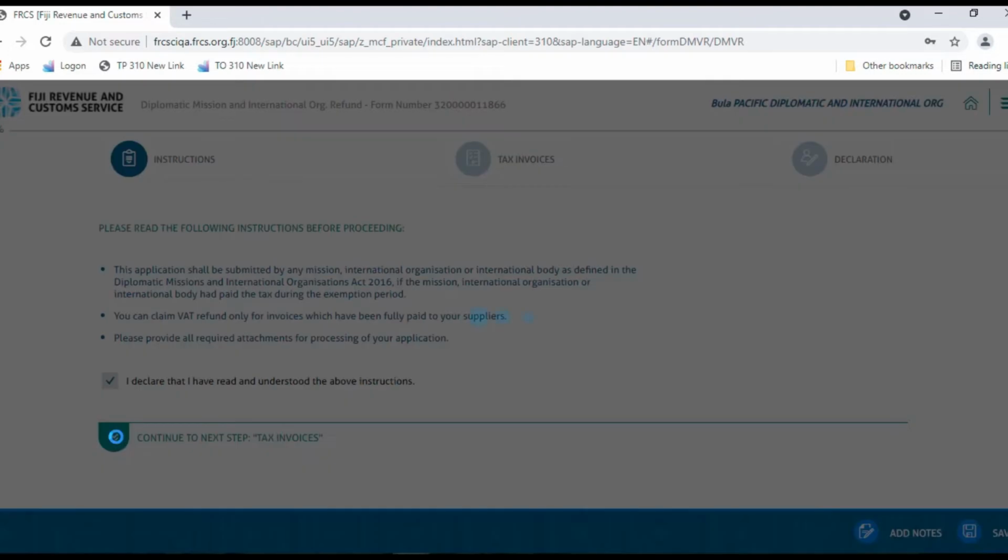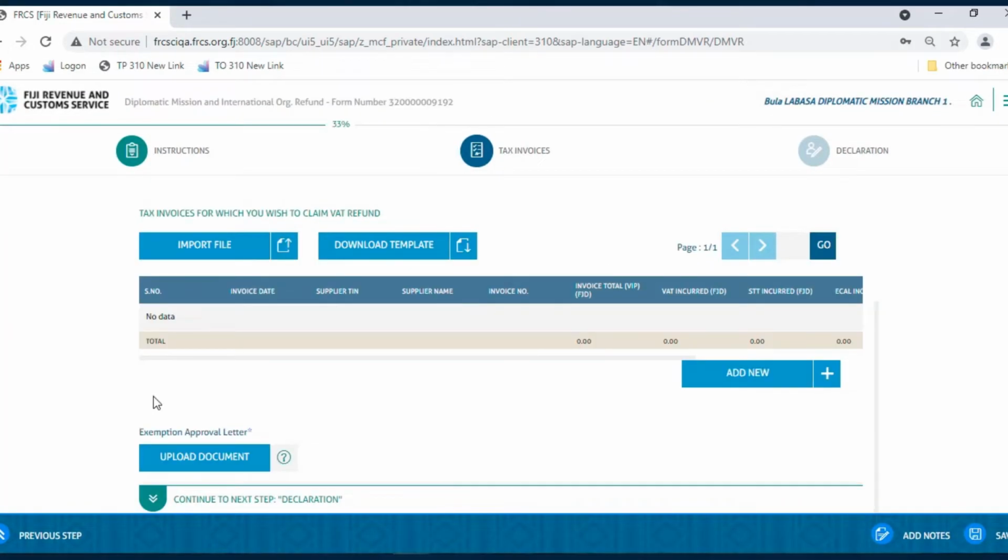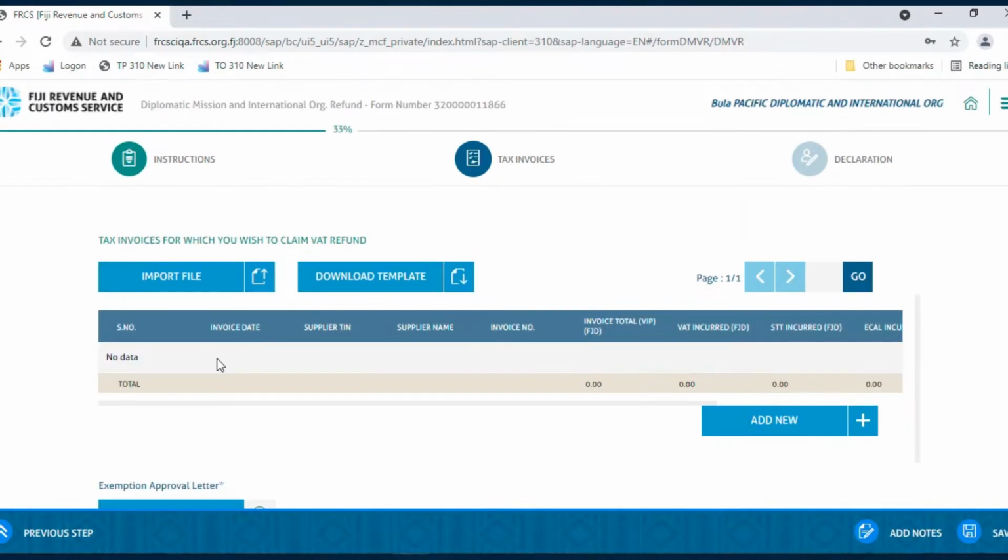In the Tax Invoice section, you have two options. Option 1 is where you can directly enter data in the TPOS form, and option 2 is by using the Excel provided in the application. Let's discuss the first option, where you can directly enter the data to the form. The first step is to click on the Add New button, and an entry line will be available for you